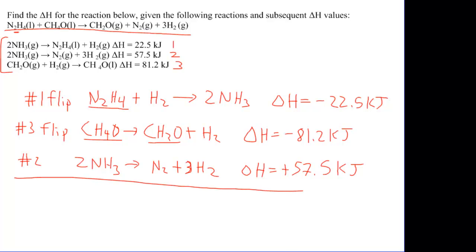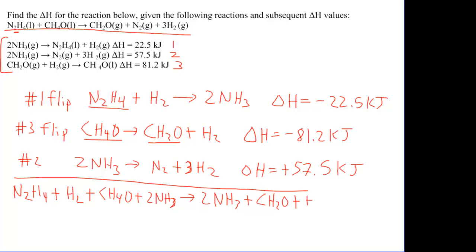Once you've done all this and you think you have the right answer, check to make sure you've done it right by adding together all the reactants. N2H4 plus H2 plus CH4O plus 2NH3. So I've added all the things that are on the reactant side of the three reactions. Now I'm going to add all the things that are on the product side. 2NH3 plus CH2O plus H2 plus N2 plus